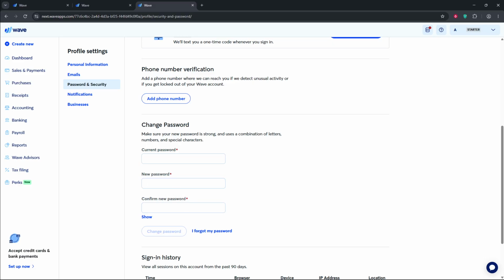Once everything looks correct, click Change Password. This submits the update and saves your new sign-in password for your Wave account. If the system takes a moment to process, wait for it to finish and watch for the page to confirm the change. After your password has been updated, your account will use the new password the next time you sign